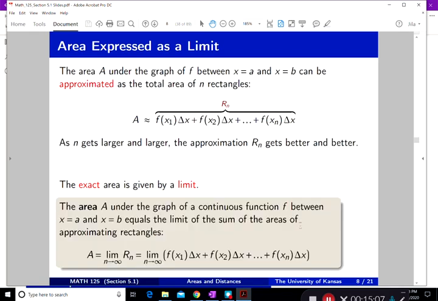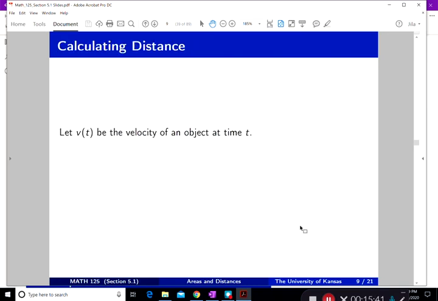The area A under the graph of a continuous function f between x equal to a and x equal to b equals the limit of the sum of the areas of approximating rectangles, and so A is equal to the limit as n goes to infinity of R sub n, or the limit as n goes to infinity of f of x1 delta x plus f of x2 delta x plus all the way to f of xn delta x, and that sum is called the Riemann sum. Now let's remember the calculating